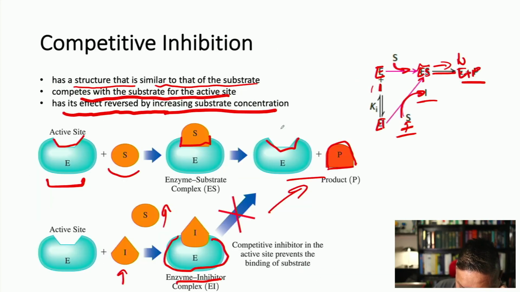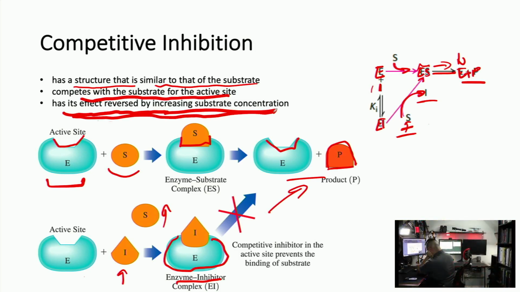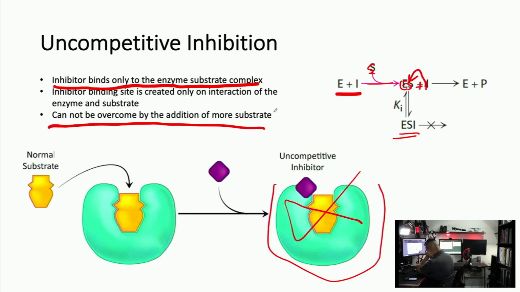For competitive inhibition, you can reverse the effect of the inhibitor by adding more substrate. Why is that? Because in competitive inhibition, the inhibitor is occupying the spot of the substrate in the active site, and if you add more substrate concentration than inhibitor concentration, then it can overcome that concentration of inhibitor. But in both uncompetitive inhibition, you can't overcome it with more substrate,